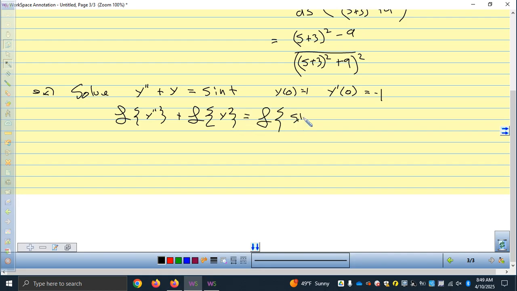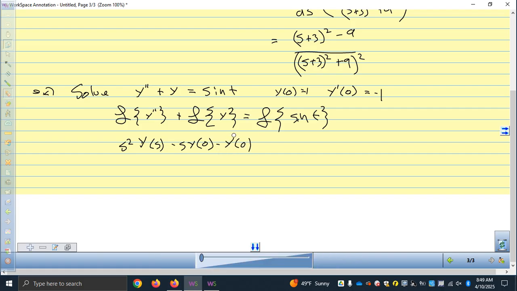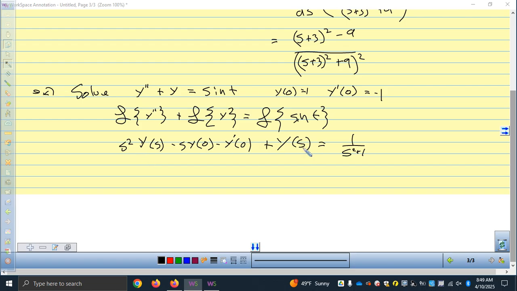So we get this: s squared Y of s, this should be a capital Y, minus s y of 0, minus y prime of 0, plus Y of s equals 1 over s squared plus 1. And I'm going to substitute. This is 1 and this is negative 1. So we combine the Y of s terms and get s squared plus 1